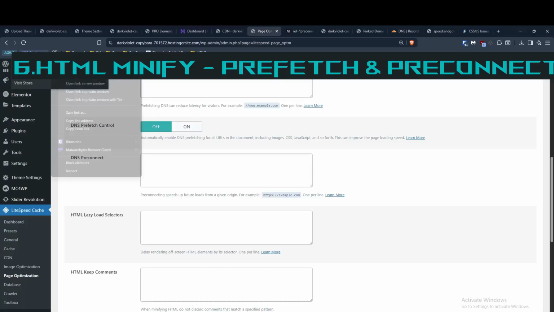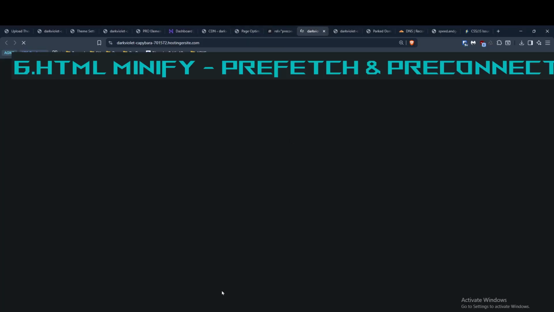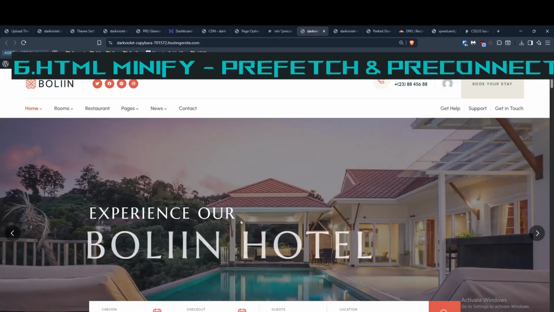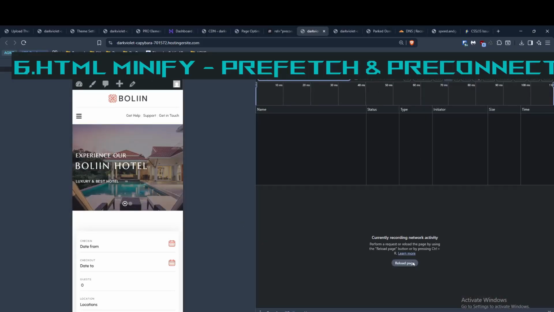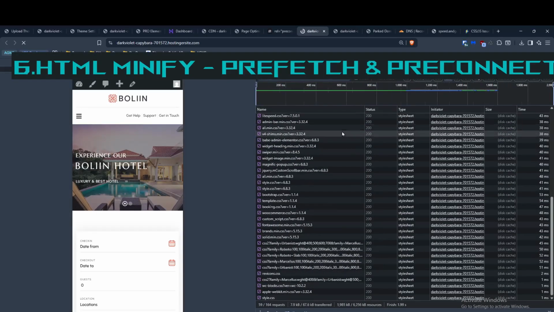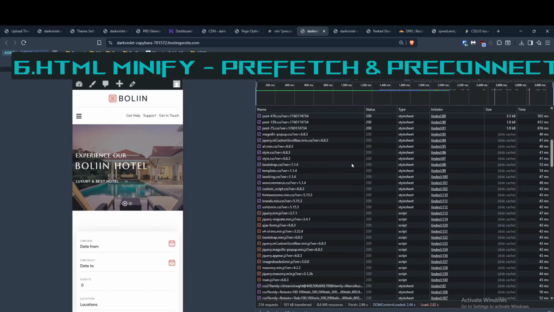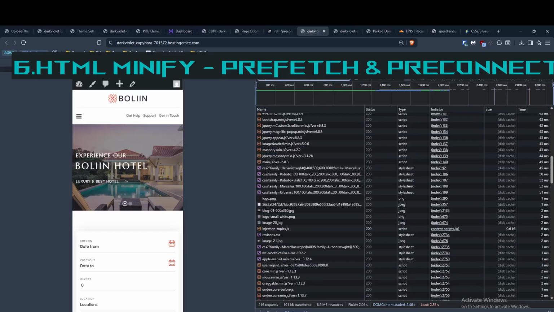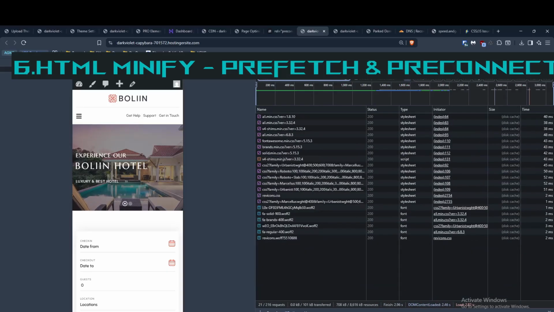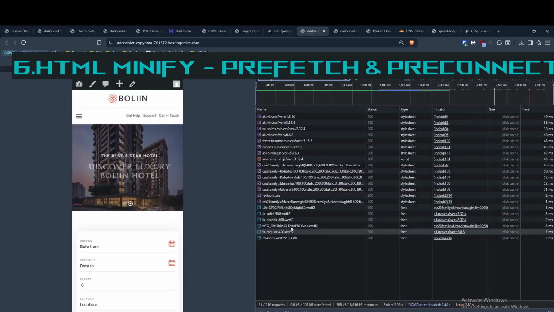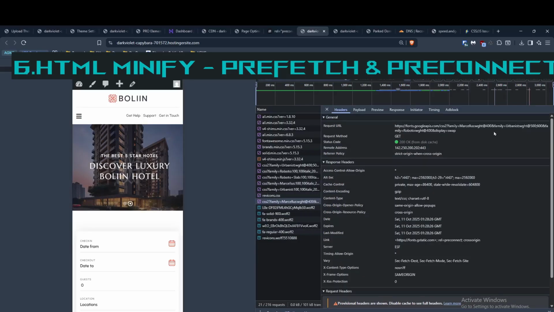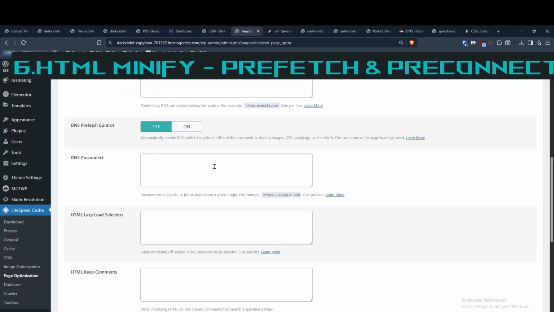So we can go back over here. I'm sorry about the 1,000 tabs. Control-Shift-I, and then reload the page again. So let's say we want the fonts. We can just go into all and check out where the fonts are, or you can go into filter over here and search font, for example. As you can see right now, we have this font. So this is a fonts.google API. I'm just gonna copy this, and I'm gonna go back into page optimization into DNS Preconnect,